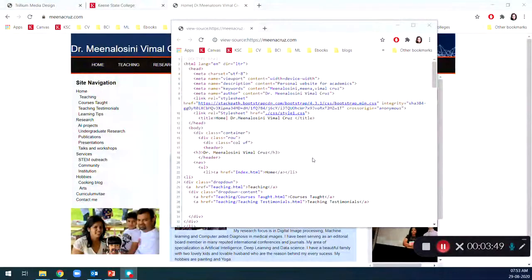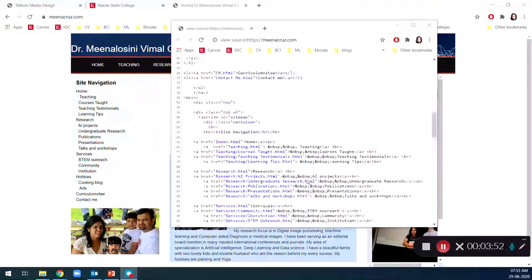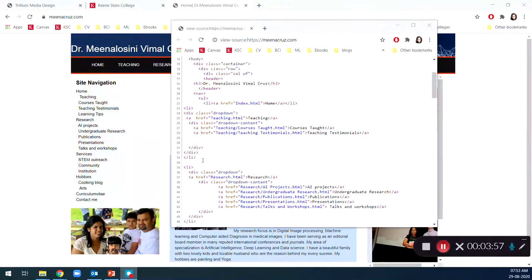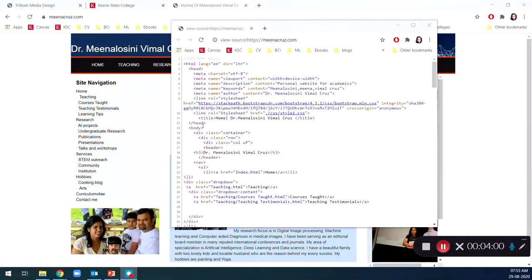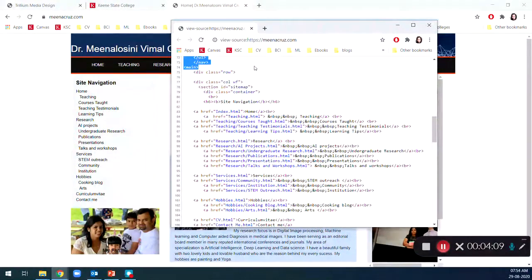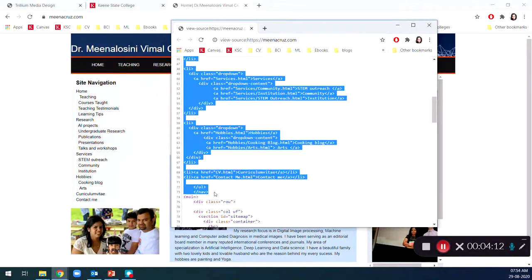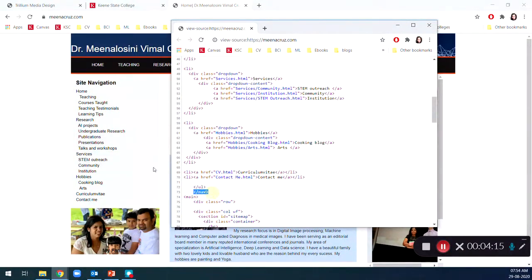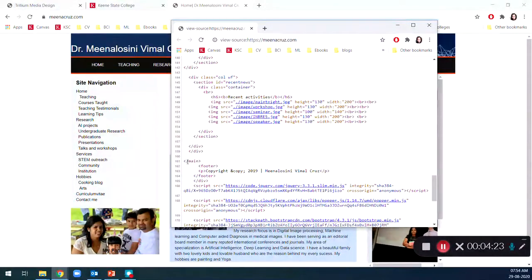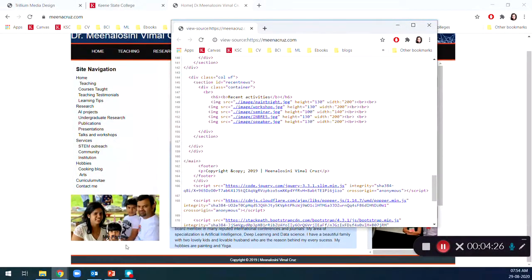So a real-time website will have huge content in the structuring elements. For example, you can see here in my web page, the header here, the header tag, and the navigation tag. Since I have a lot of navigation list, you can see where I have started this navigation, and where I have ended this navigation, all this content, and all the main element, the main body, will be wrapped up with this main tag. You can see that the main tag starts here and then it ends here. And this copyright information is with the footer tag, opening footer tag and closing footer tag.